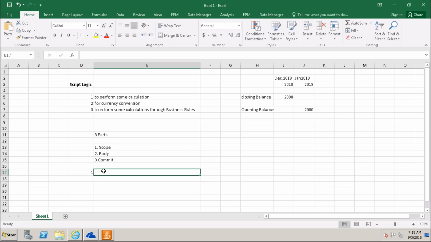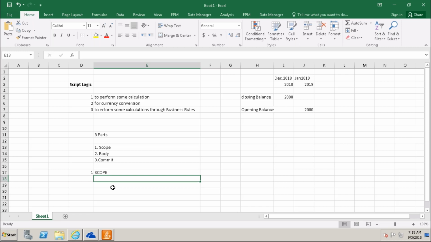In the scoping, you need to get the clear requirement from the client. What is your scope? On what members are you going to write? You have to decide that based on your clear requirement from the client.